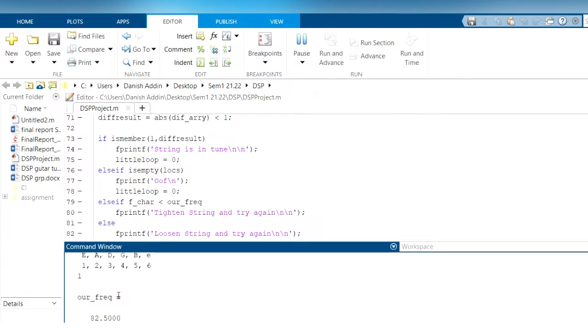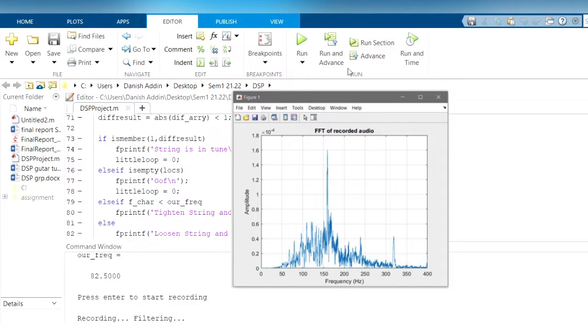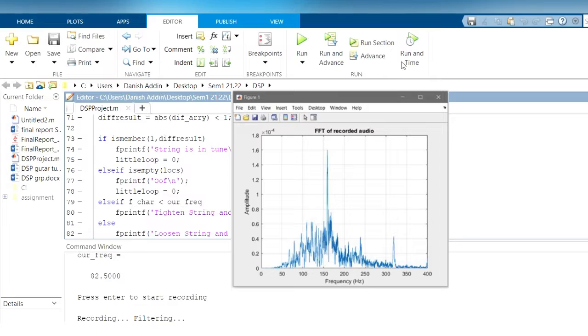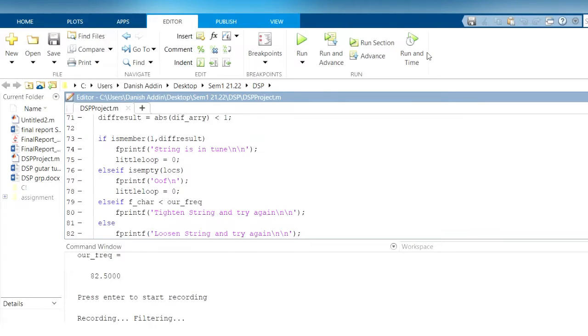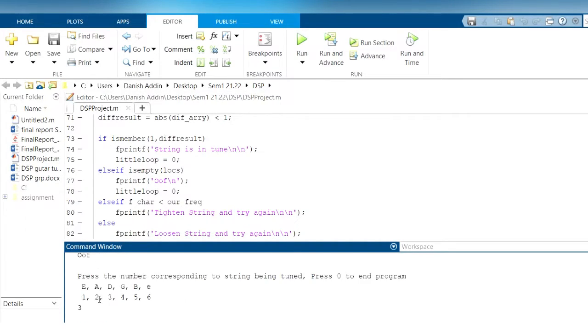Okay, as we can see, it's filtering, and then it shows the waveform of the string. To continue with another string, for example, we choose the D string, which is represented by number 3, and the exact frequency is 146.8.